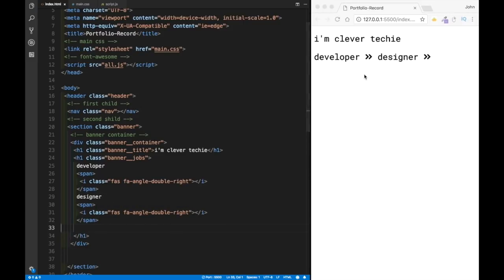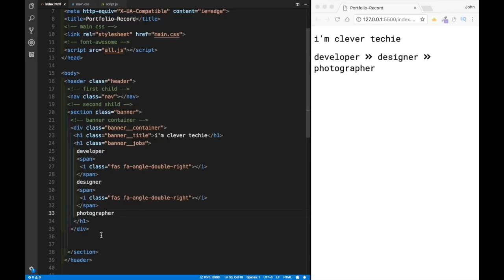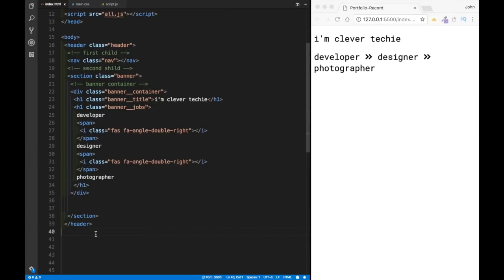So we're going to copy and paste this. Now you can see that I'm developer over here. This would be our first Font Awesome, then would be designer, and next Font Awesome, and the last one is going to be photographer over here. So once we save it, hopefully I spelled this correctly, and now we are actually done with our HTML,